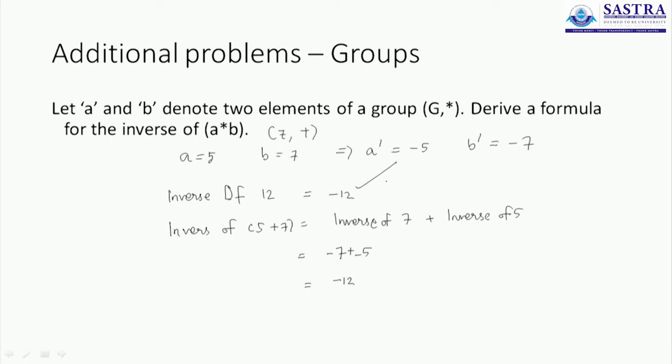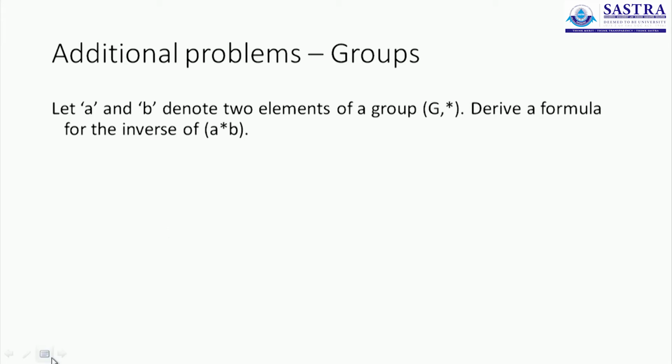So that's the way we find out the inverse of the result of the binary operation operating on two elements A and B. We can take one more example to understand the property even better. Let's take the group involving the remainders when you divide integers by 8, and let's consider the operation as the addition modulo 8. We have seen a lot of examples. We have dealt with this group numerous times in the previous lectures, so this should not be difficult for you.